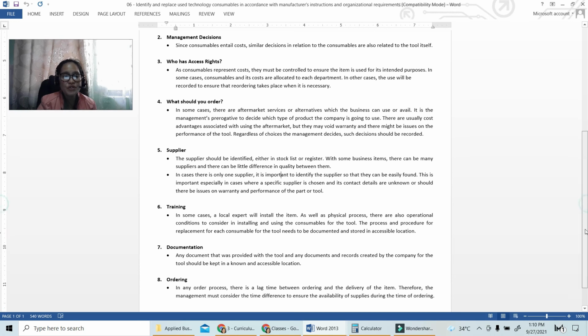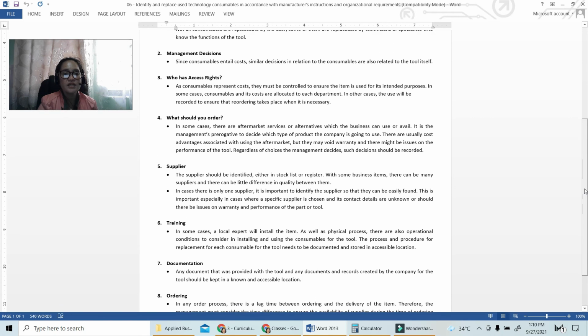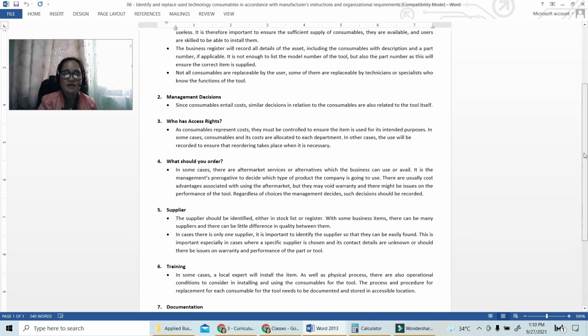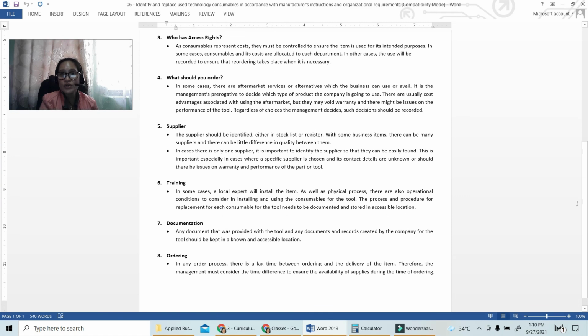So we also have the ordering. In an order process, there's a lag time between ordering and delivery of the item. Therefore, the management must consider the time difference to ensure the availability of supplies during the time of ordering. This is also related to the access rights and so many others here. It's quite related because in ordering, if you have a proper inventory,